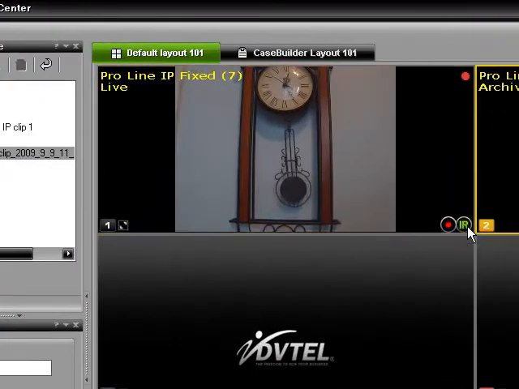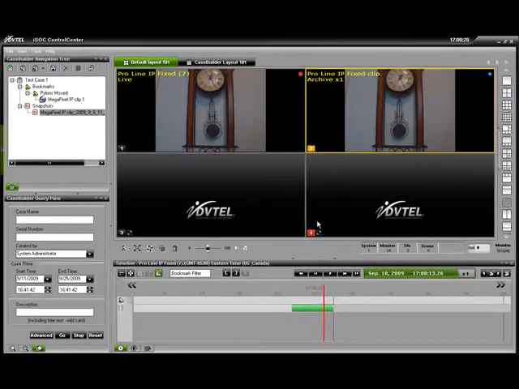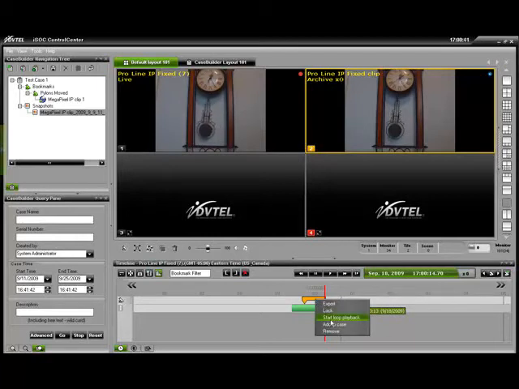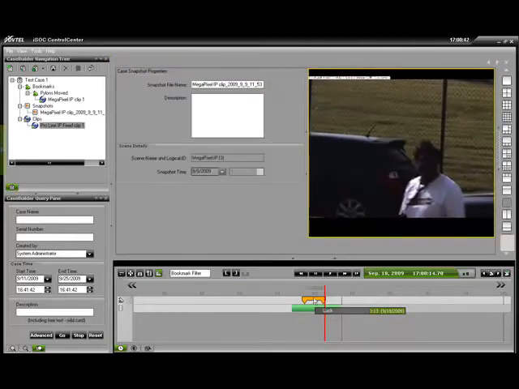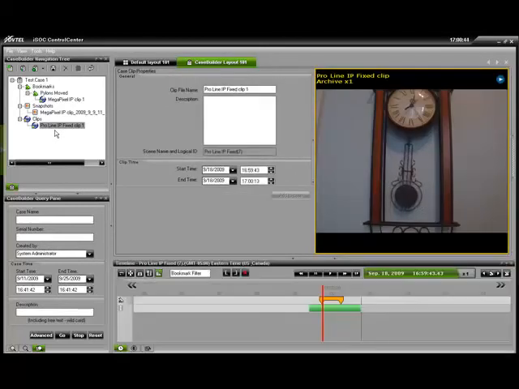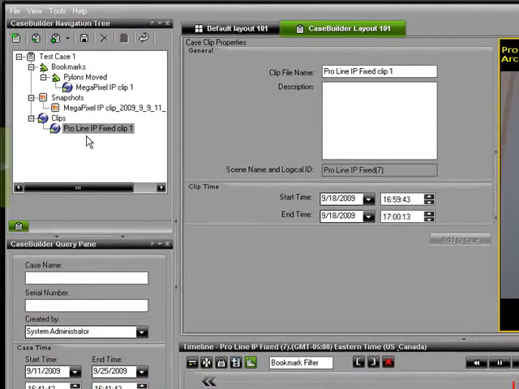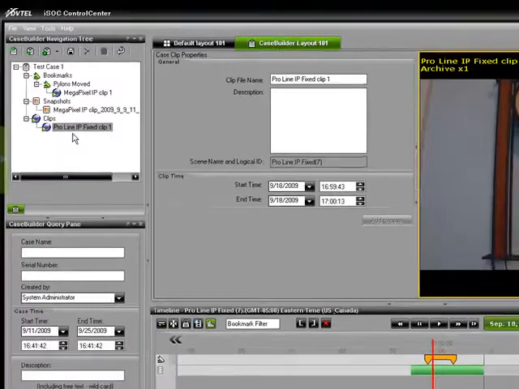I could do an instant replay from this camera, and once I've got the instant replay done, I could select some portion of that video just as if I was going to export it, but instead of exporting it, I'm going to do a right click and I'm going to select Add to Case. That video will automatically be added to the case that's currently open and will be displayed now in the Casebuilder